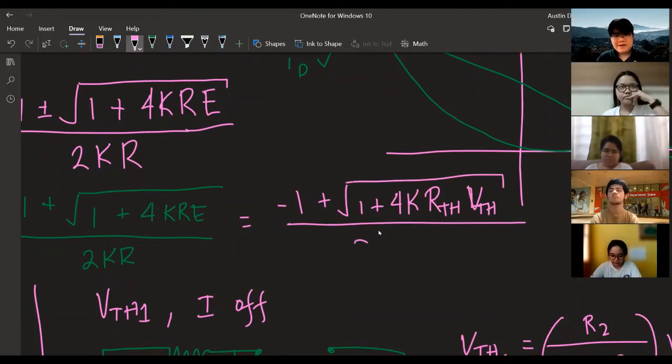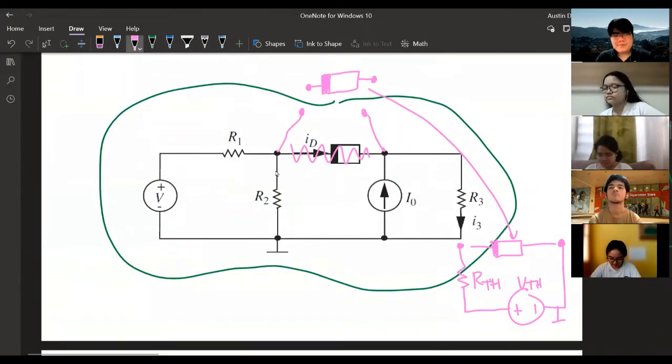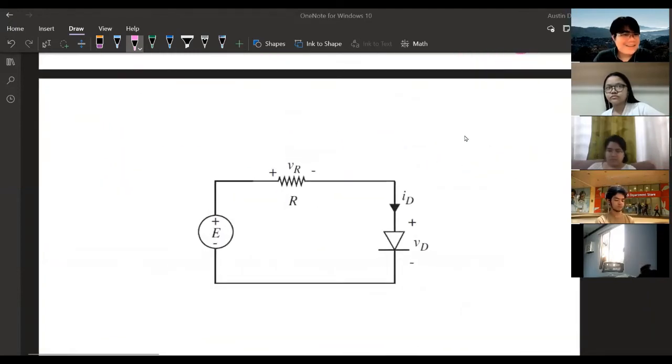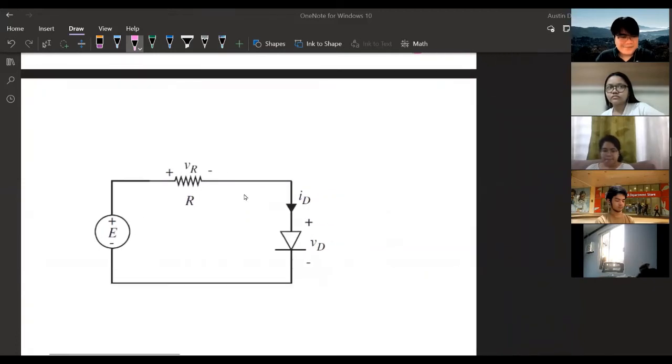Ito ba yung tanong? Sorry. RTH. So, this guy is the solution for this problem. Okay. Nakuha ko na. Yes. Anyway, let's have another one. Na equation. Na problem. This time, ang gagawin natin is